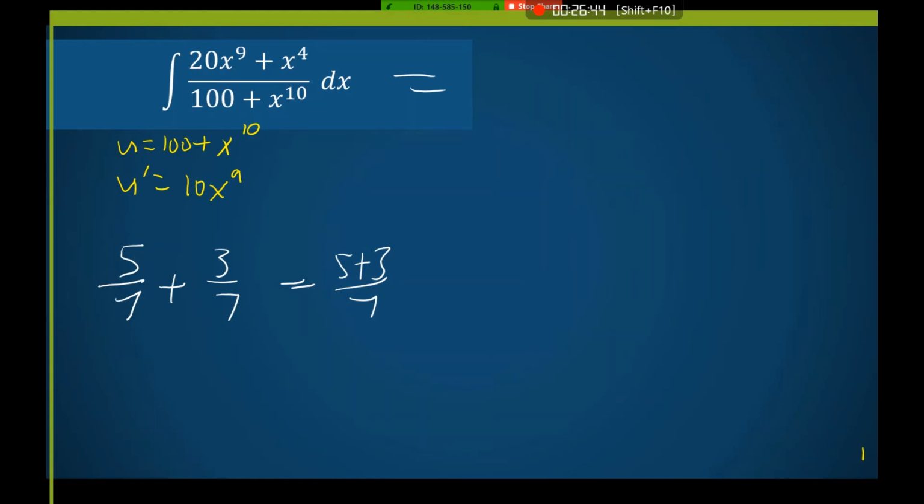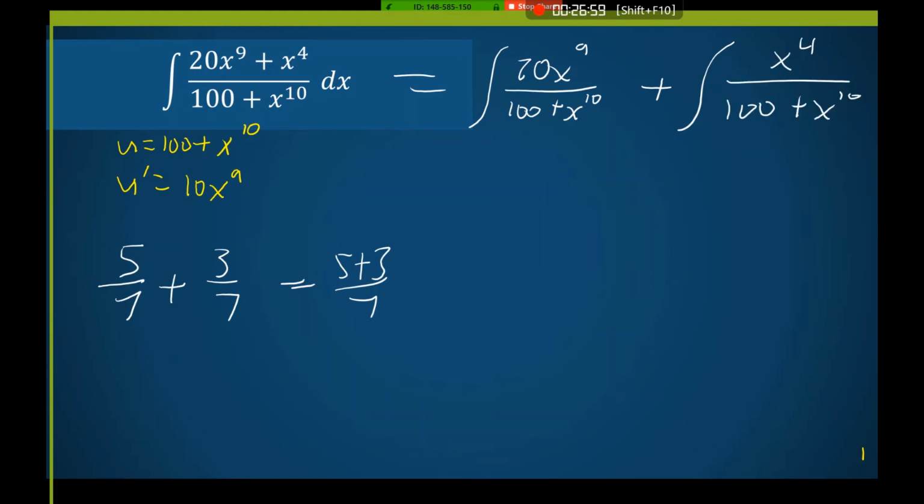I've got two different integrals here, really the integral of 20x to the 9th power over 100 plus x to the 10th, plus the integral of x to the 4th power over 100 plus x to the 10th. Okay, and as Eric was saying, I can split this 20x to the 9th power apart into 2 times u prime over u. Okay, so the left side is all solved. Okay, for the right side,